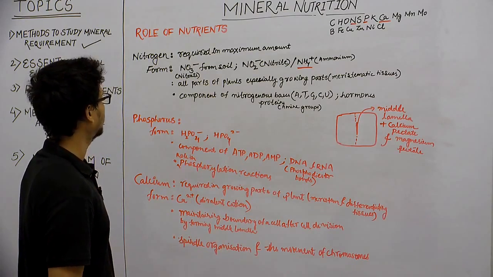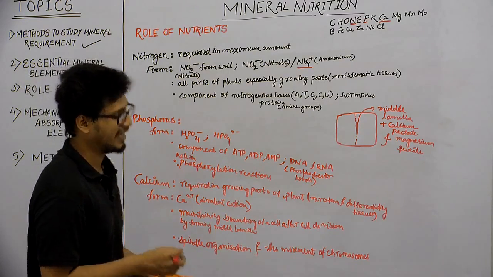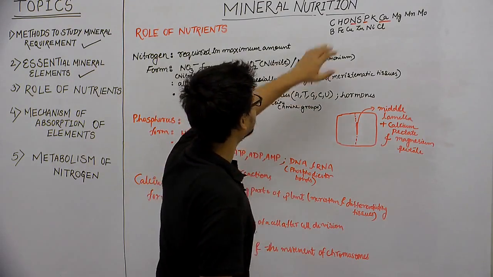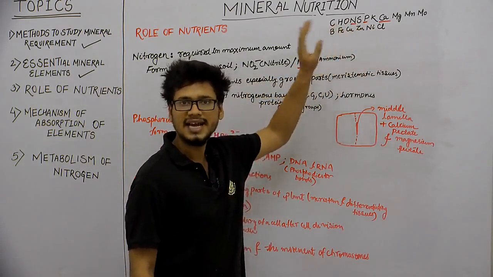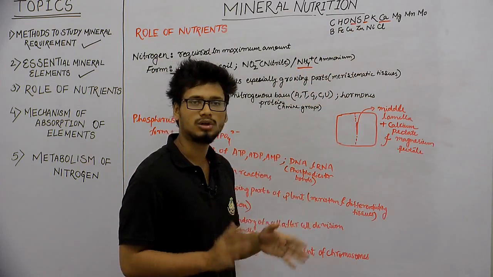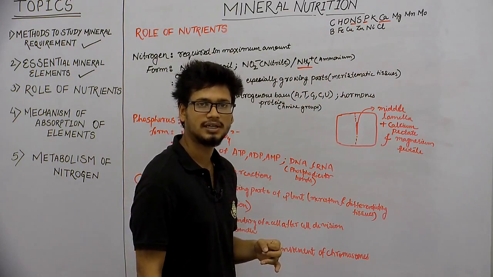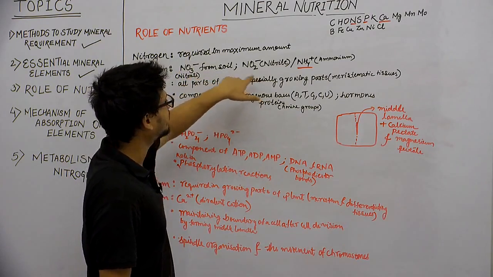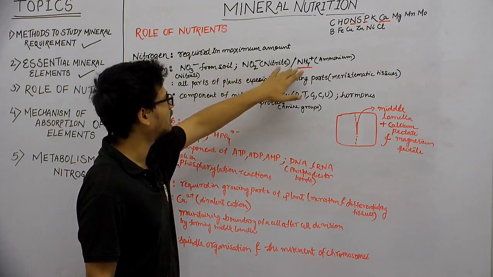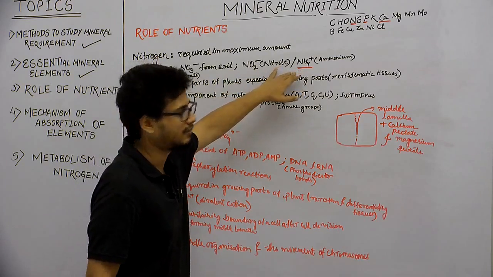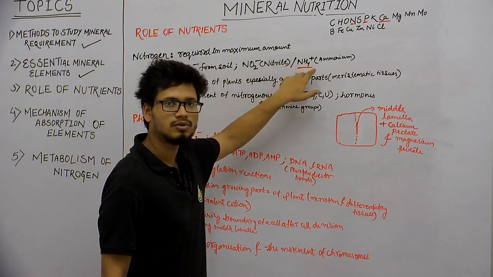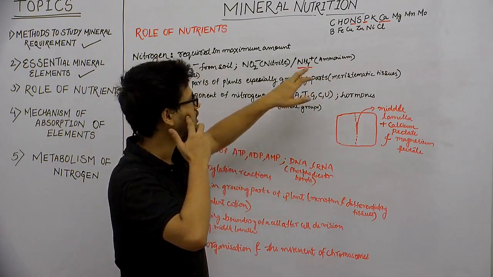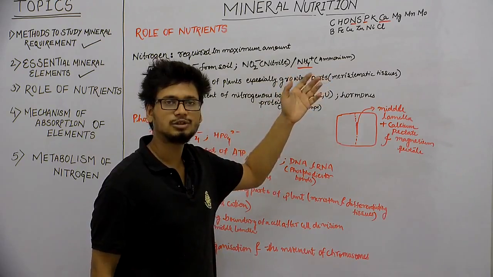Okay, so we will again revise these three elements or unke role. The first element that we talked about is nitrogen. Nitrogen has a lot of role, बहुत important element होता है plant के लिए. It is absorbed in the form of nitrate, but nitrite और ammonium के form में भी absorb हो सकता है. अगर वो अमोनियम के फॉर्म में absorb हो रहा है, then it follows a different pathway, because ammonium जो होता है that is toxic to the plant,